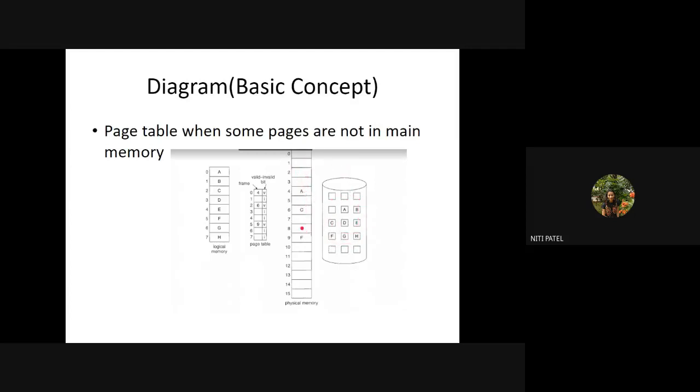Now suppose you do not require page H, then you will mark it as invalid and you will not load it into the main memory. Why? Because you do not require that page for now. So you are not required to load it unnecessarily from secondary to main memory. Clear? Why? Because demand paging says only demand those pages which are required by the process. Do not demand the ones which are not required. So how do you identify whether it is required or not? With the help of these valid and invalid bits.